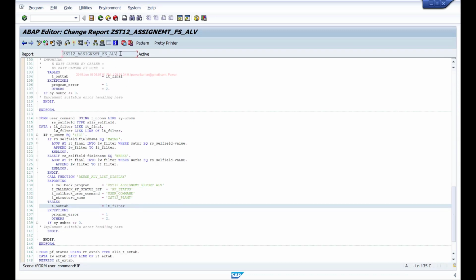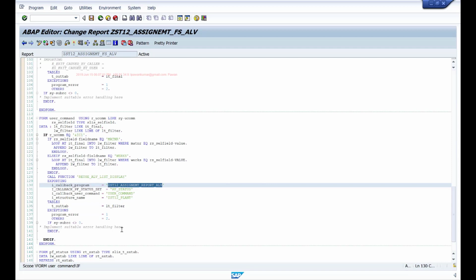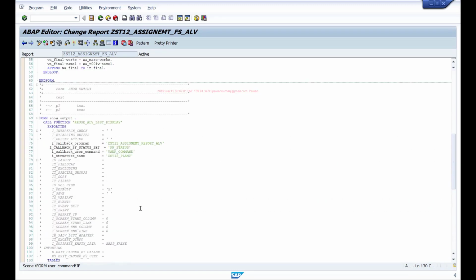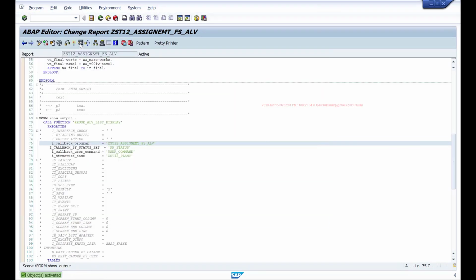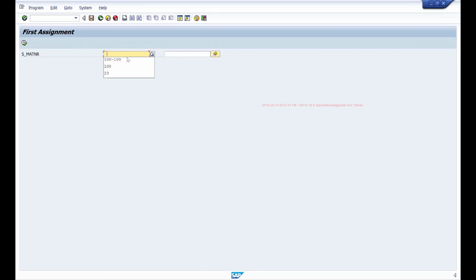Okay, I should change the program name. So this is what happens if you copy your program and hard code it. So now if I double click, it should filter.